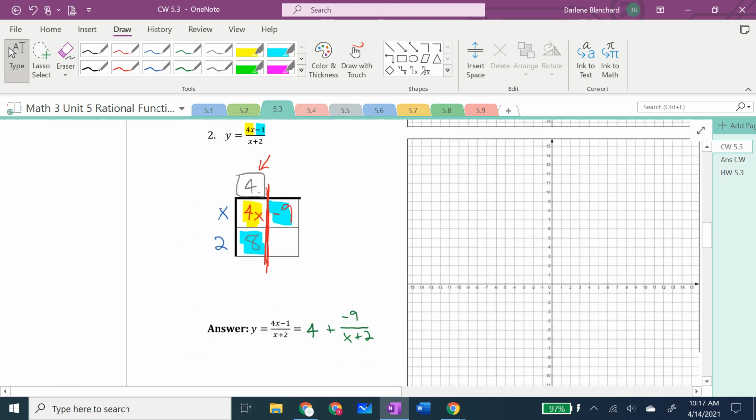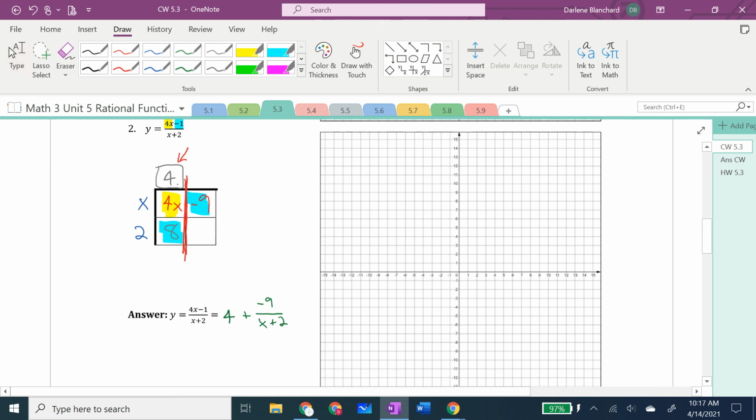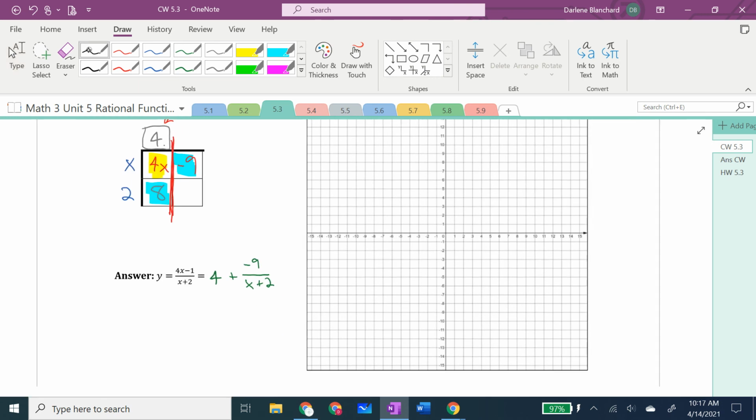The next step is to graph. So you want to start with,